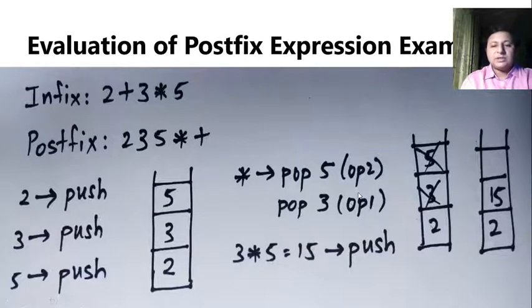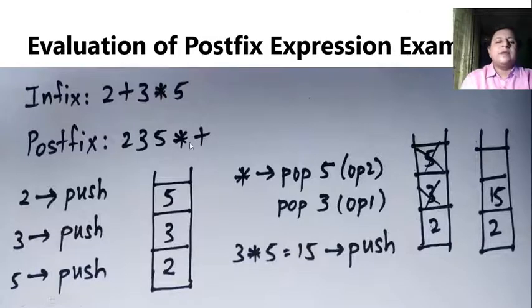Whenever you pop first, it will be OP2. Whenever you pop the next one, it will be OP1. Then I'll be writing some code which will take the operator, understand that it's a multiplication and perform this multiplication operation on these two operands. Okay, so that will give me the result as 15, which is pushed back onto the stack. So currently 5 and 3 got popped, so we are only left with 2. So after we push 15, this is how the stack looks like.